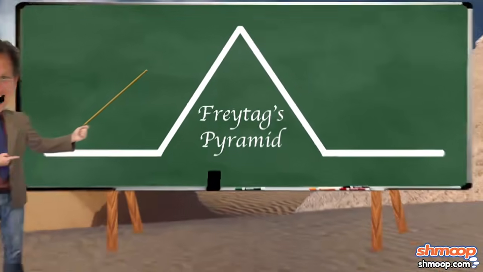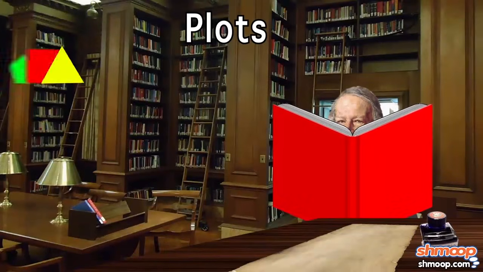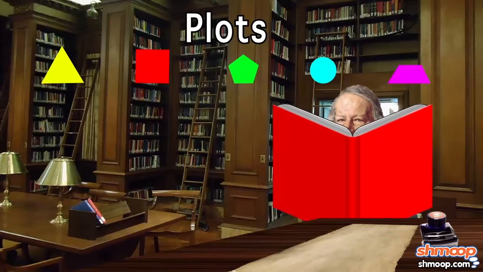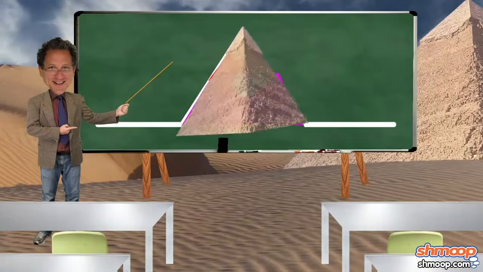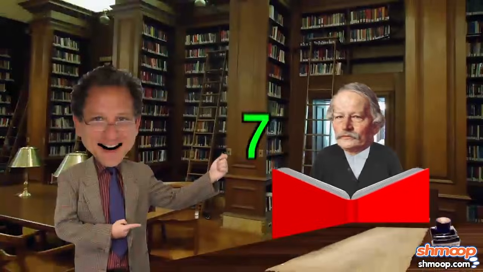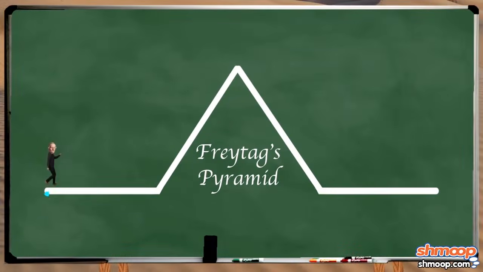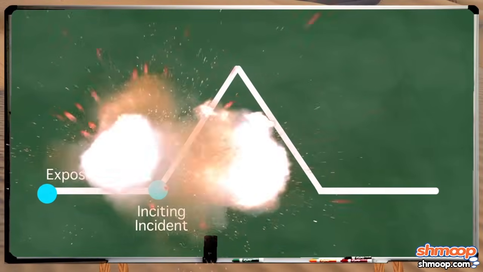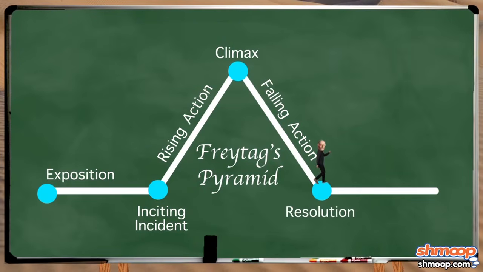Freytag's pyramid is a generic diagram that can be applied to the plots of most stories. See, every time Freytag read a work of fiction, he noticed that many of the plots followed a particular pattern. Very interesting. A pattern that could be sketched out in the shape of a pyramid. Freytag postulated that there are 7 different items just about every story possesses, and he placed these items on his pyramid. They include the exposition, the inciting incident, the rising action, the climax, the falling action, the resolution, and the